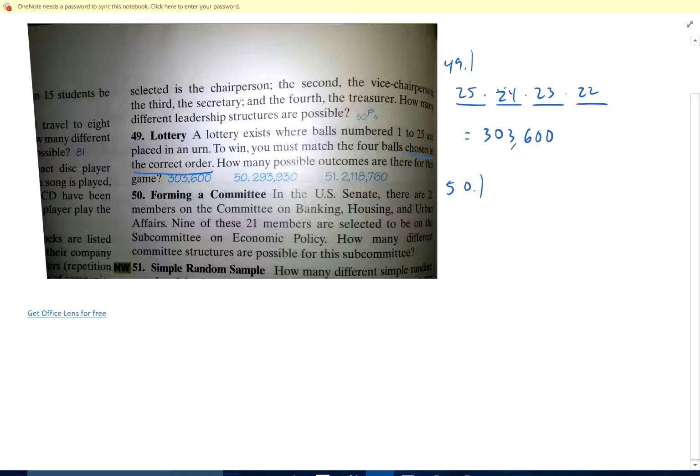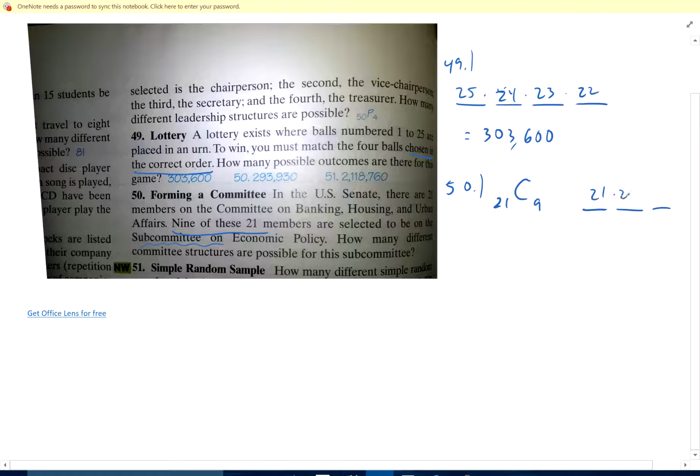50. In the U.S. Senate, there are 21 members of a committee. We want to select 9 of them to be on a subcommittee. Okay, how many different committee structures are possible? Well, we've got 21, and we're going to choose 9 of them. And the reason I can do combinations and not